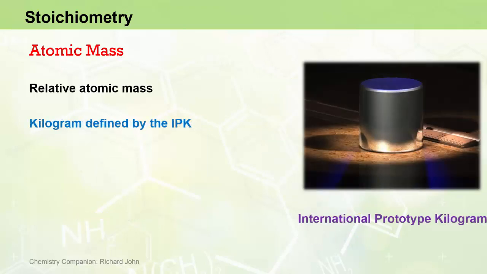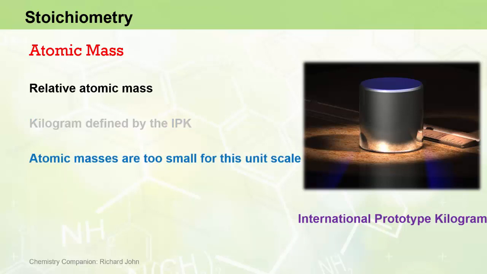The standard SI unit for mass is the kilogram, which is defined by the International Prototype Kilogram, which is a cylindrical piece of platinum iridium alloy that is kept in a sealed vault just outside of Paris in France. The mass of this cylinder is defined as exactly 1 kilogram. Unfortunately, the masses of atoms, molecules, and ions are too small for this kilogram mass scale to be conveniently used,